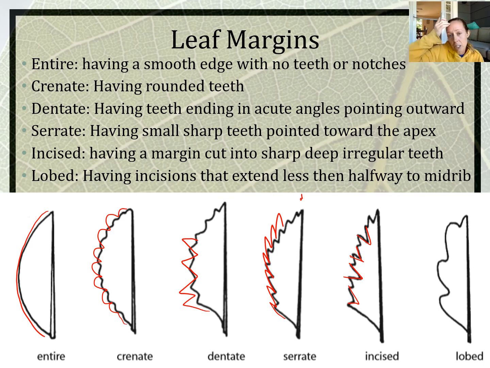And then our last one is lobed. These are called lobes, which are like rounded indents. You need to think of an oak leaf. All right, so this, my dead oak leaf right here, these are lobes. You know, it goes in here. That's a lobe. And that's a lobe. Okay,